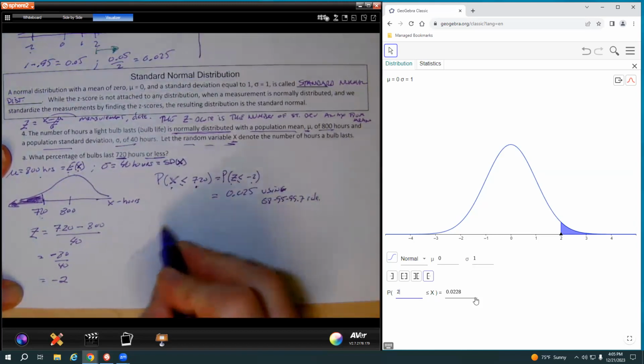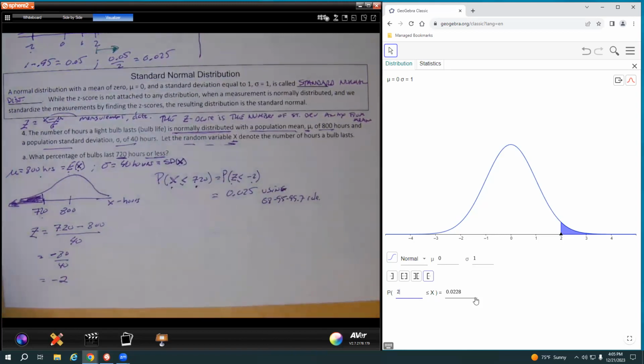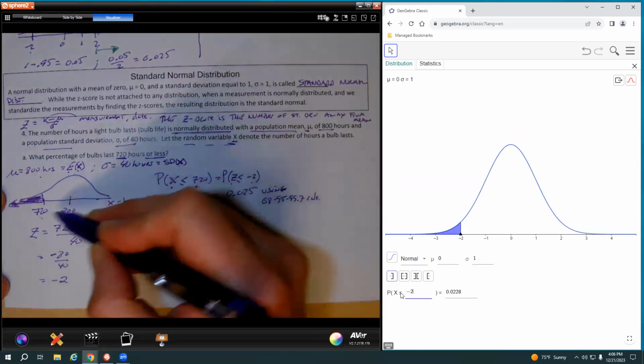If I did the same thing using GeoGebra, so I'm going to now use GeoGebra, I will come over here, to the left. Again, notice I need to make sure that the area thing matches. So I'm looking at my picture, and it's a match. Enter negative 2 here, hit return, and of course I get the same answer